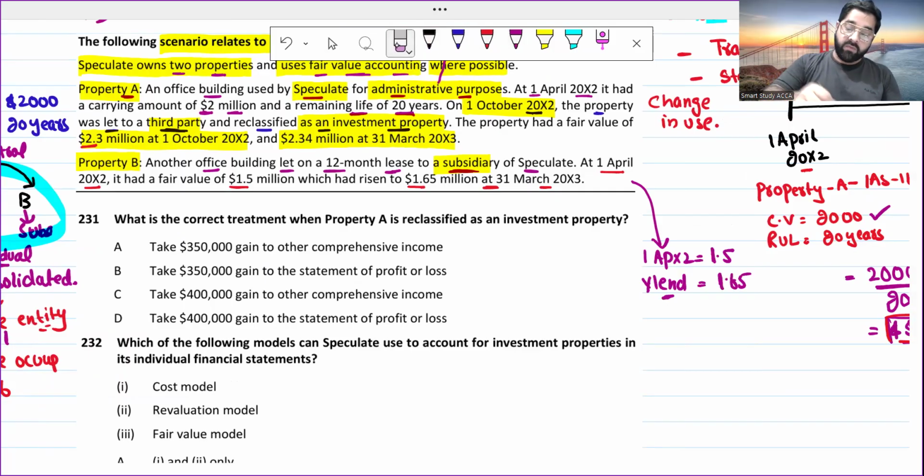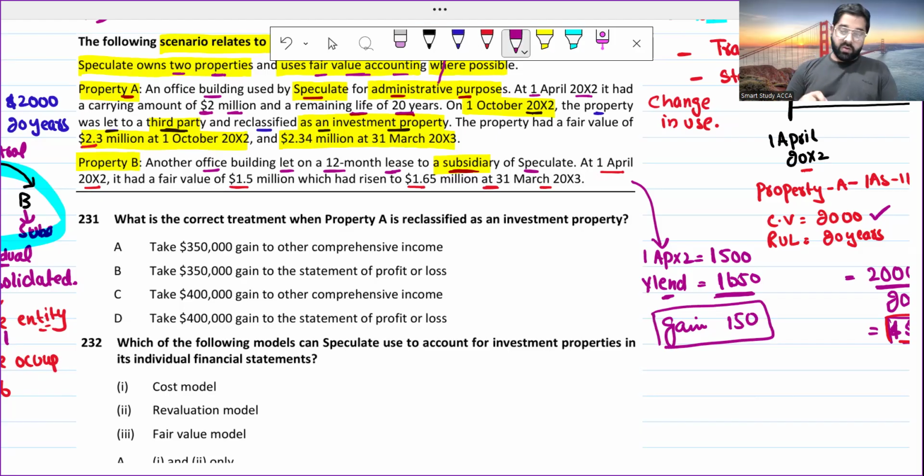If I'm doing all of my working to the nearest $1,000, let me write it in terms of thousands. So it will be 1500, right? And it will be 1650. So there is a total gain which should be shown in the statement of profit or loss. In the individual financial statement, a total gain of $150,